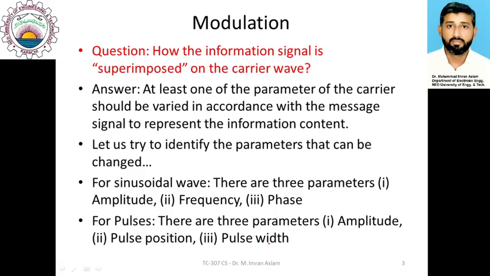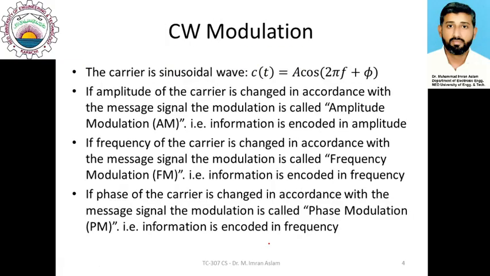So the first thing that I want to highlight is that we need to change one of the parameters of the carrier so that we can represent the information by using that change in the carrier. So let me now try to give some examples. So let us start with